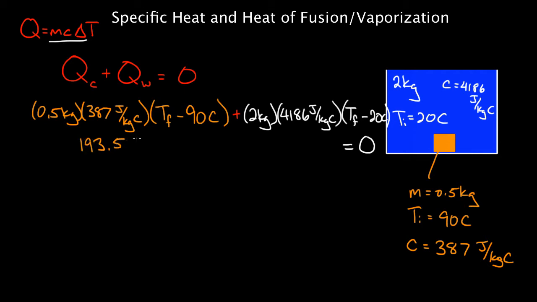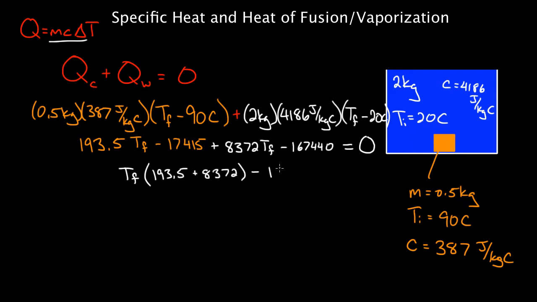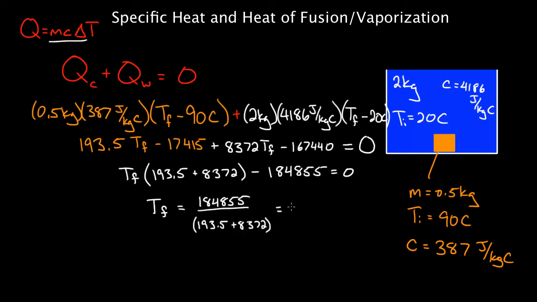First, I'm just going to multiply everything out. I'm going to combine the T final terms and the two terms that don't have T final. Then I'm going to move everything over to the other side. I solve for T final, and I get 21.58 degrees Celsius. And when you look at this, you might think, hey, we must have screwed up. 21.58? The water started at 20, it barely increased its temperature at all, and yeah, that's what we were saying, is that this specific heat for water is so high,